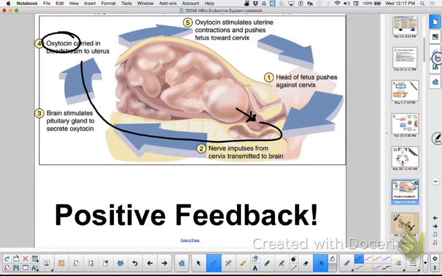Posterior pituitary. Remember, hang on the post? Remember Rogan class when I talked about that? Hang on the post, push out the baby. Okay, so oxytocin, and then oxytocin makes your uterine lining contract even more, the muscles in your uterus, pushing even harder against the cervix, more gets you more, goes back, makes you secrete even more oxytocin, and you're going till